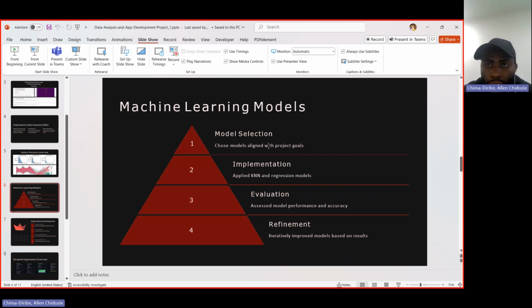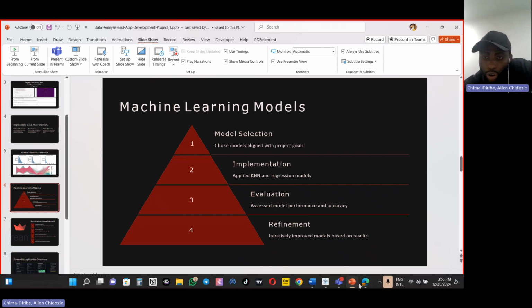Since I was in the line of regression and not classification, I did work with KNN and regression, and assessed model performance and accuracy using several model evaluation metrics. Then I refined and improved models based on results. This refinement comes down to the use of parameter tuning, which, going back to the code,